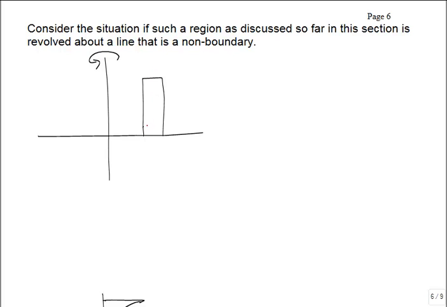So in this case, I'm going to use the y-axis. If I draw that mirror image over here, you're going to have this hole in the middle. And so this would not have a cross section that is strictly a solid disk because we have this hole in the middle. So what we can visualize is that there's actually kind of like two disks. There's this big solid one like this,